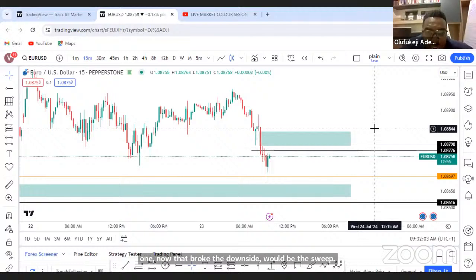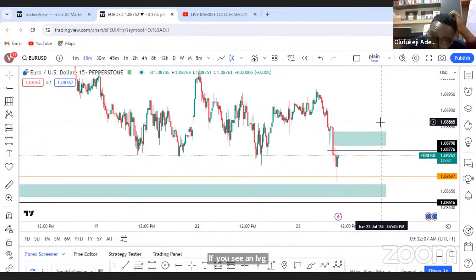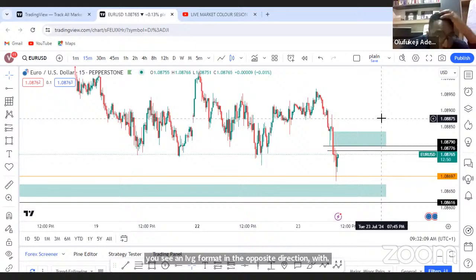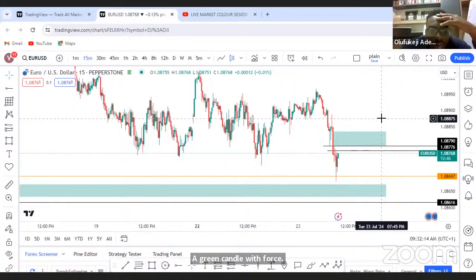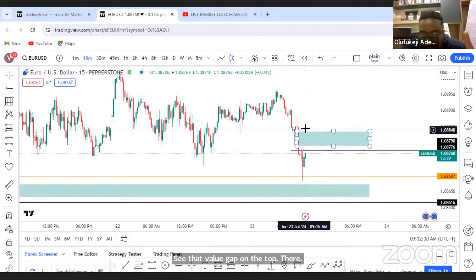If you see an IFVG forming in the opposite direction with force, a green candle with force that breaks above and closes this fair value gap, then we know that that's a possibility of a buy. And where will it be targeting? It will be targeting, see that fair value gap on the top there. So remember we said as our target,